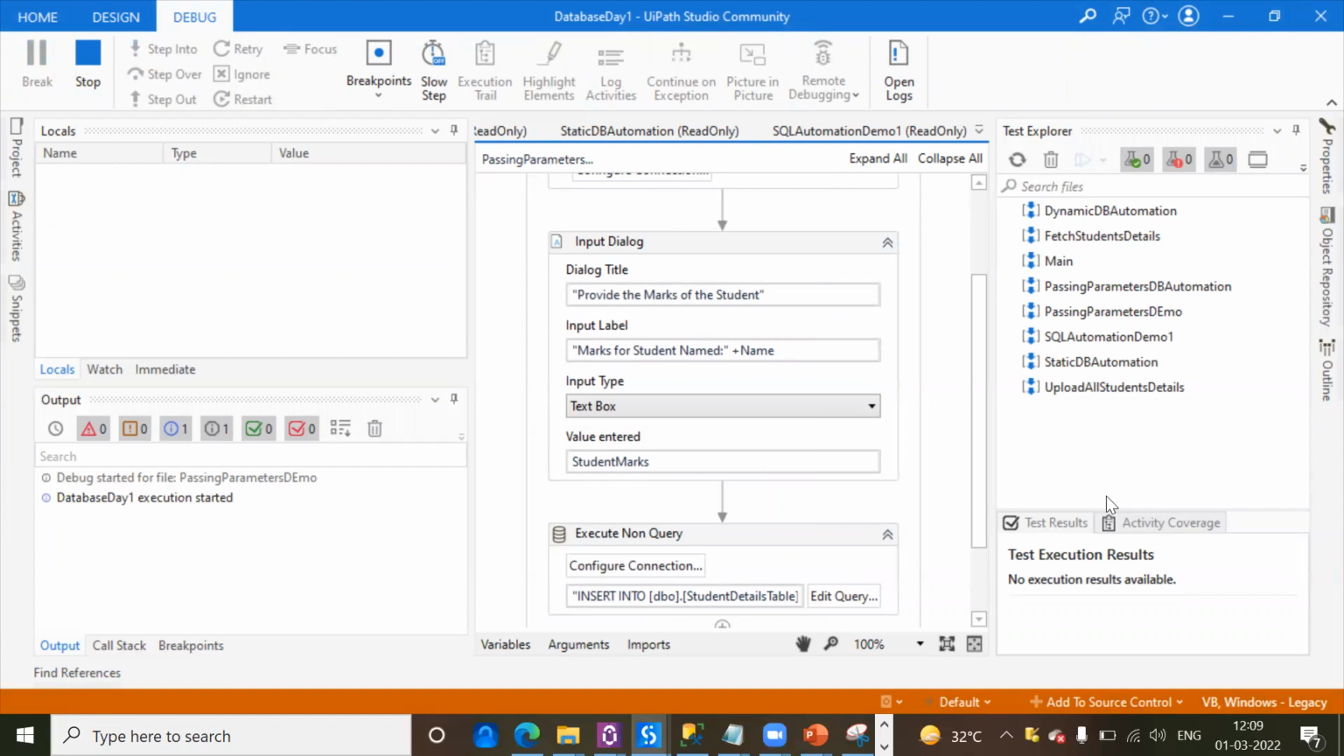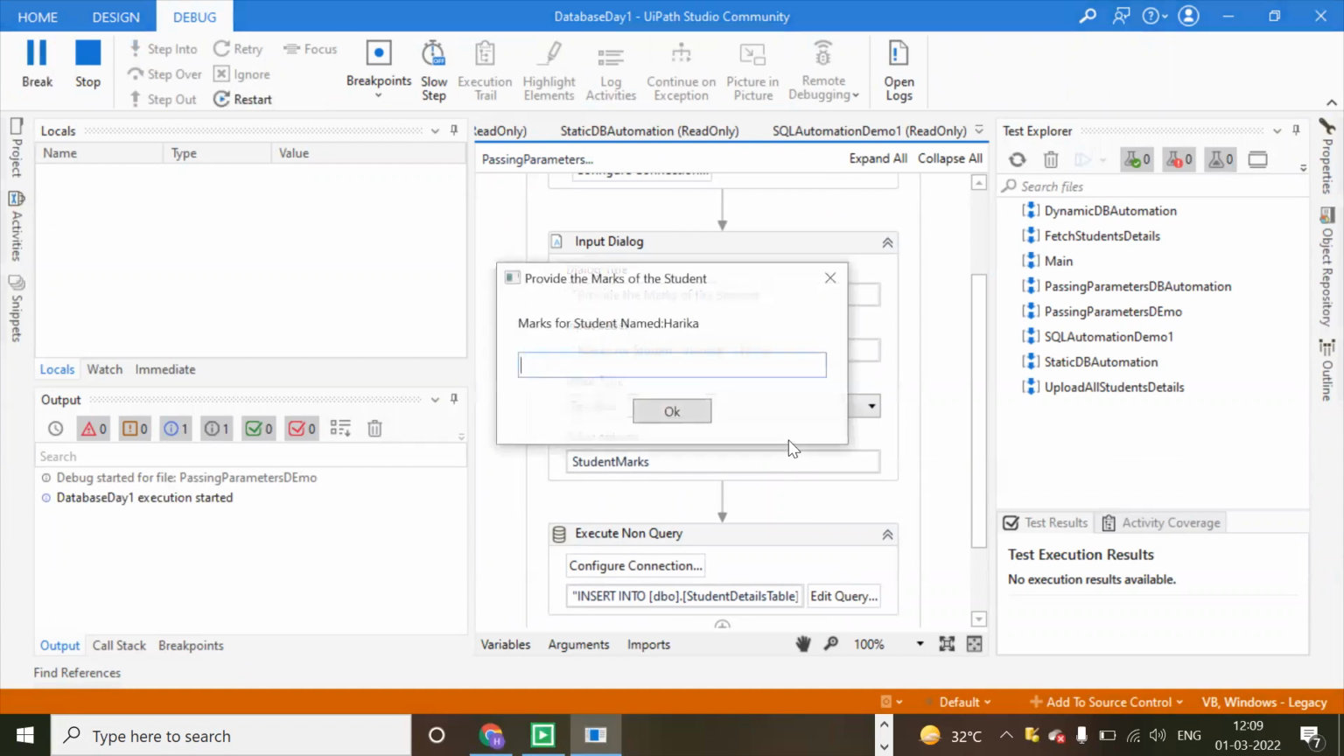Okay, we can see that the project started running, and whatever student name we have provided, it is asking marks for the student of this name. So here the user can provide the values. Let's say I have provided 53. Okay, 53 is the marks. And now let's go to our